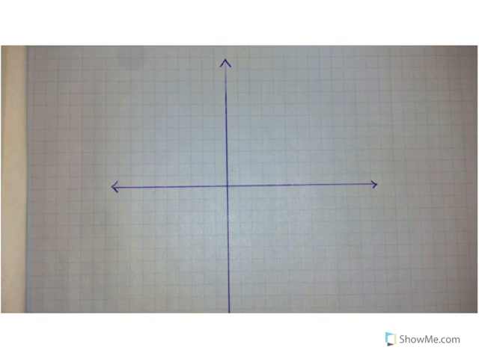Hi, today's topic is graphing in all four quadrants. You need a couple things to start off with. You need some graph paper, you need a pencil, and you also need a ruler or some kind of straight